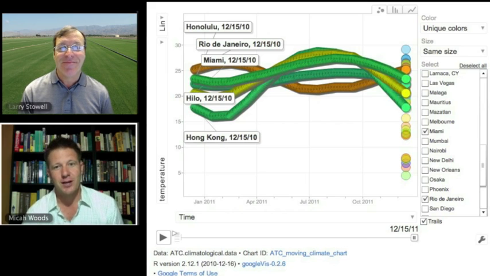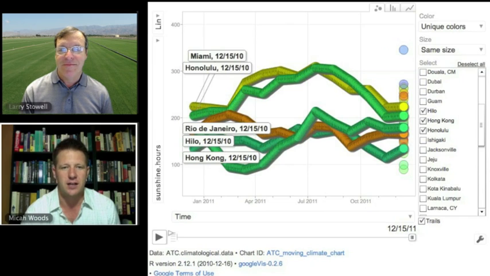That's right. So if we look, these are all cities where warm season grasses grow, and we're looking at temperature now, and it looks all good for temperature, but there's going to be a separation when we change the y-axis and look at the amount of sunlight. So if we do that, we see that Miami and Honolulu are relatively high in sunlight hours, and they kind of overlap with each other. And then we have Hilo, Rio, and Hong Kong with less sunshine hours and quite a bit of overlap there. If we move on to the next image,